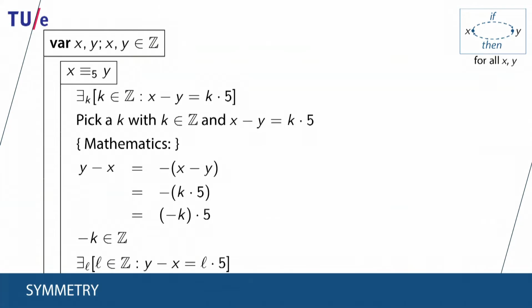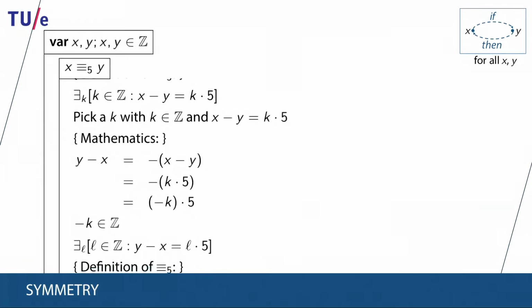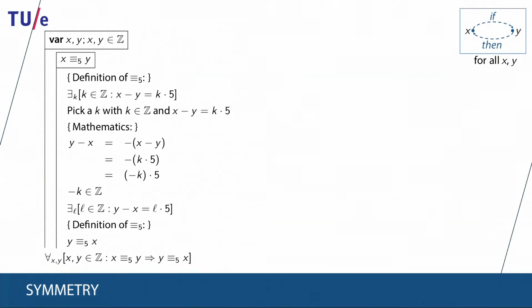So we have now found an appropriate witness for the existential quantification that we needed to prove. Minus k can play the role of L in the existential quantification, for we have shown that it is an integer and that it satisfies y minus x is minus k times 5. The derivation is complete, symmetry is established, but we still want to turn this derivation into a more readable textual